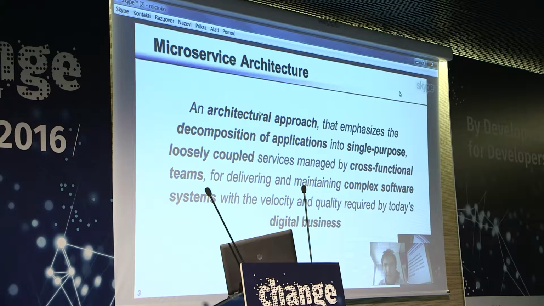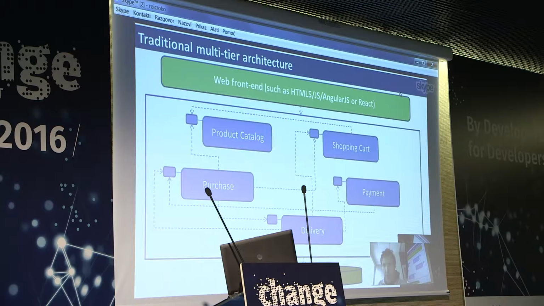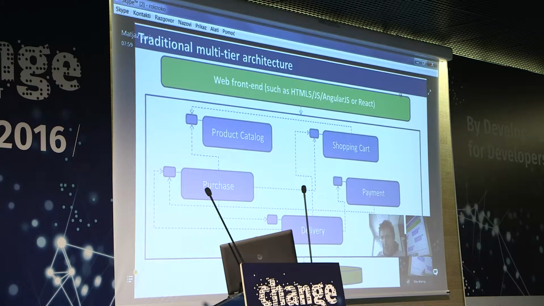However, let's be a little more practical. Let us have a look at the classical application. This is a very simplified architectural view of a multi-tier application, which consists here in the green color of the web front end, of the user interface, whatever technology.